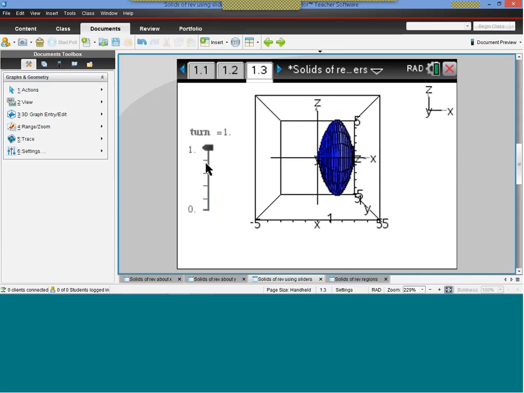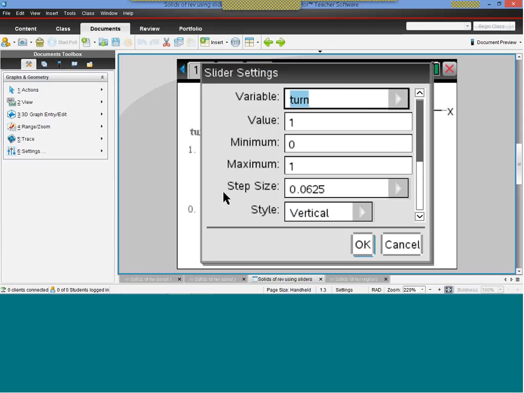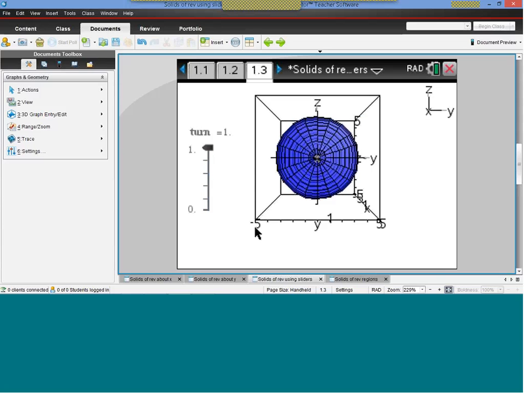And all I've done there is set this slider up, and if I get the settings there, you will see that I actually set it up to go in steps, okay, 0.0625, so that I go up in eighths and quarters and so forth as I go around. So that's actually going to stop at each sort of axis as it comes round, so that I can show the kids what's going on. As I said, particularly if I'm looking from that X direction, then we can get the rotation and see what's happening there as we build our